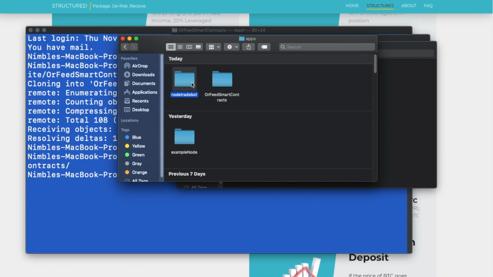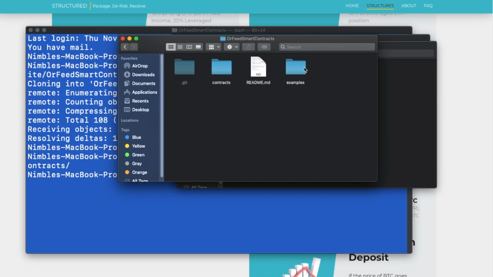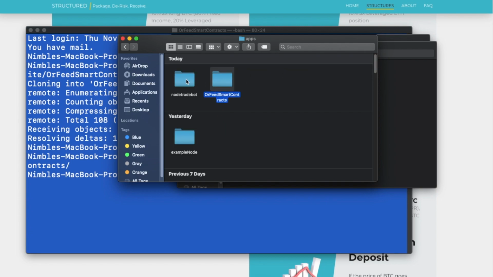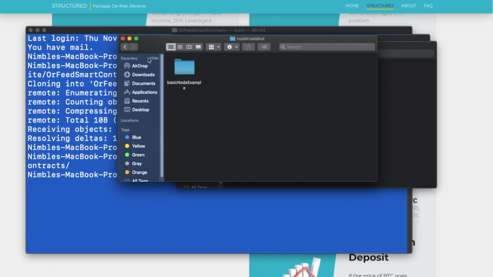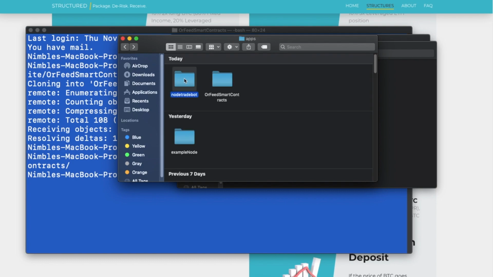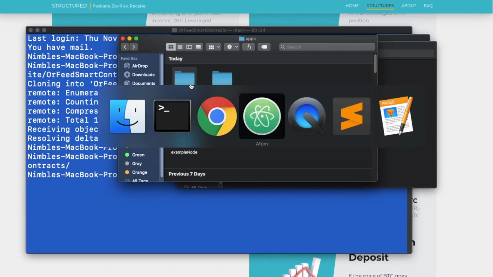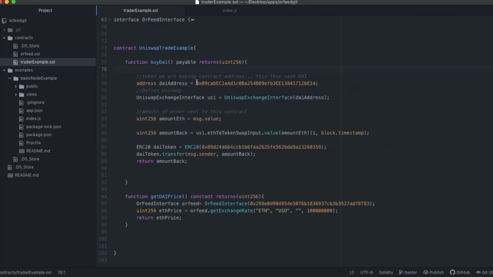Okay. So this is like a separate application altogether, but we included inside the OrFeed smart contracts to help get people started. So as we continue doing these classes, you'll see more and more different examples in here that you can pull out and then create their own kind of application. So let me just get everyone started with how that works right after we go through this Solidity smart contract.